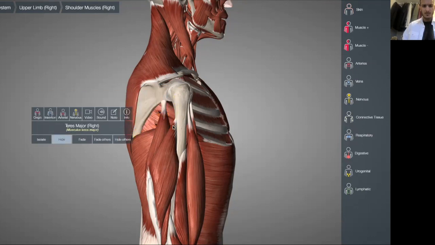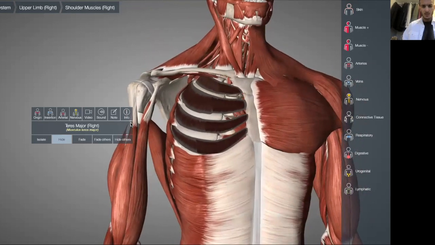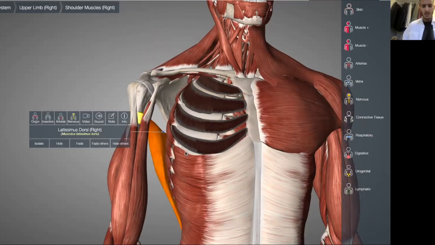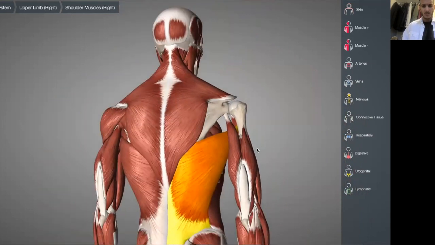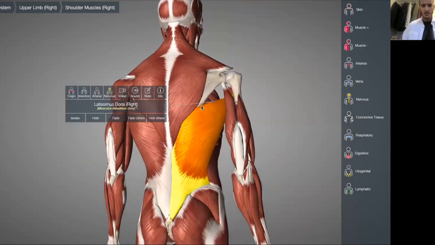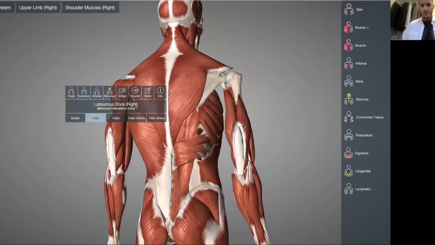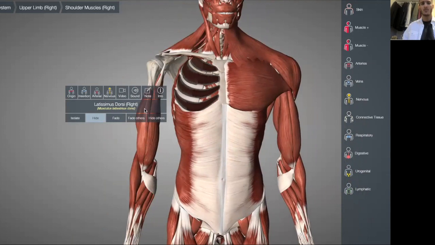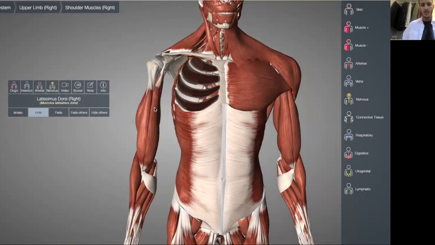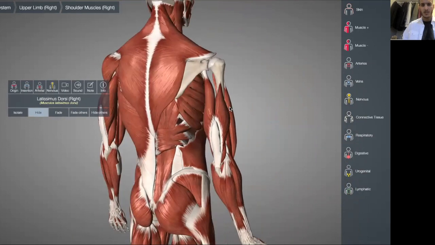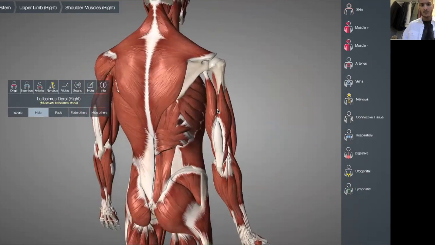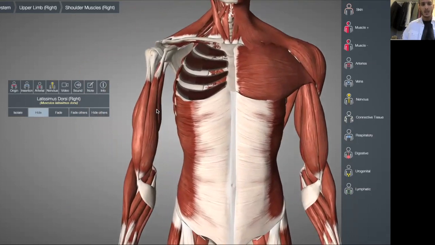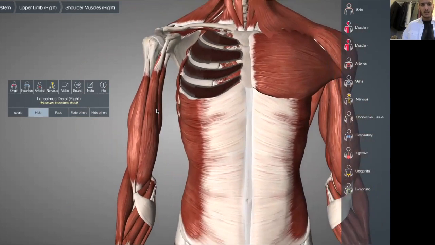teres major. Okay, just want to clear the arm completely. So here is the latissimus dorsi, and I want you to also look where it lies here. There, it's a huge muscle, so I'm just going to hide this one as well. And so I will just go down the arm hiding things so that you guys see what's the most superficial to the most deep. Okay, now that our arm is completely on its own, now I'm just going to dive into muscles of the arm just found above the elbow joint